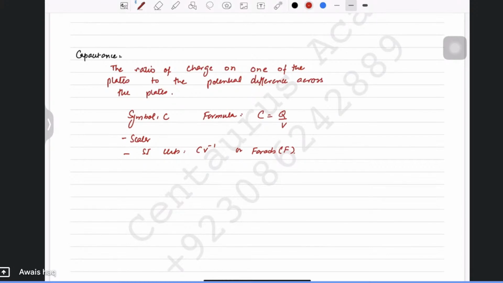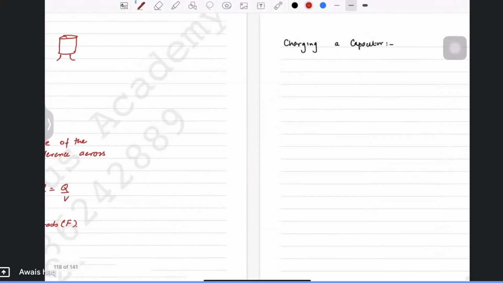Okay. Now going forward. When you want to charge a capacitor, basically you have to put it against a source, like a battery or something, and then it would have